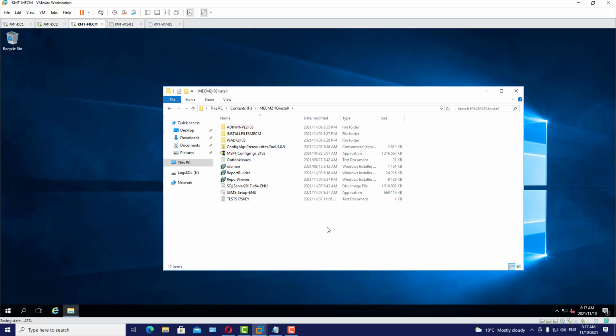Okay, we have done a lot of steps. The next step is for us to install the Windows Assessment Toolkit and the Windows pre-installation environment, WinPE. So I've gone ahead and downloaded these files on my MECM server. So we have Windows Assessment and Deployment Kit,